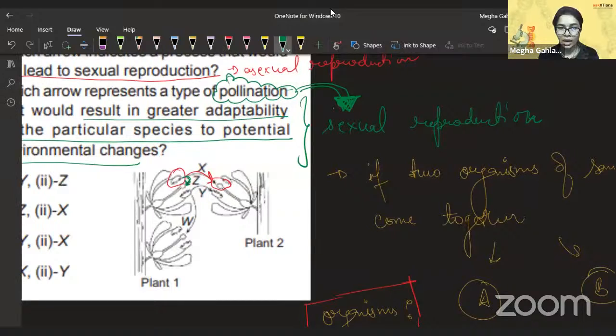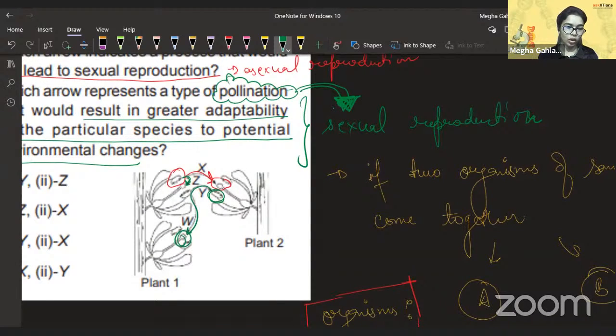And then we have the Y. Y basically is from one anther to another stigma on this particular flower,